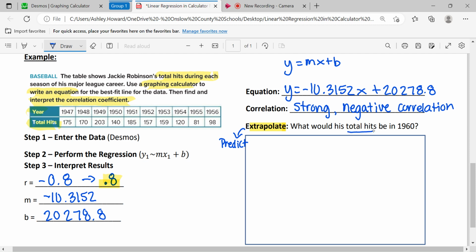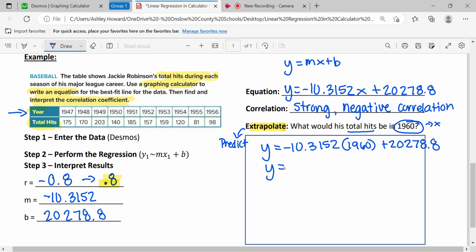So they asked us what the total hits would be in 1960. Our years are our X values, so I'm just going to replace that for X. So instead of Y equals negative 10.3152X, we're going to replace the X with 1960. And then we're going to go ahead and calculate that to predict what his total hits would be in 1960. So when we multiply that out and add our y-intercept, we get